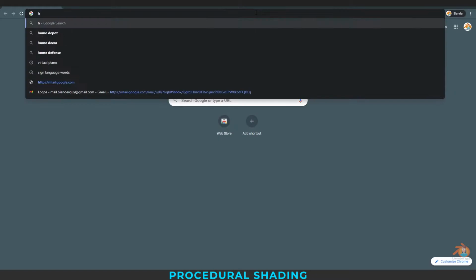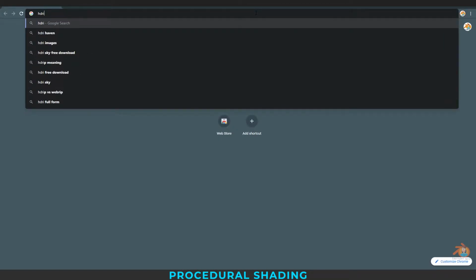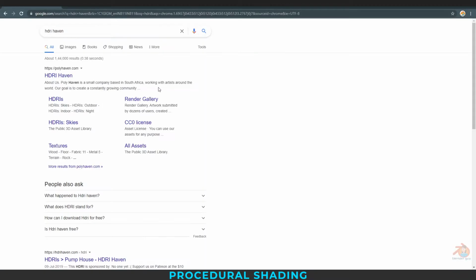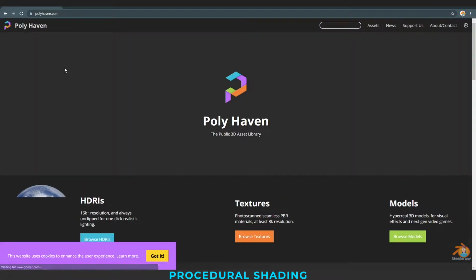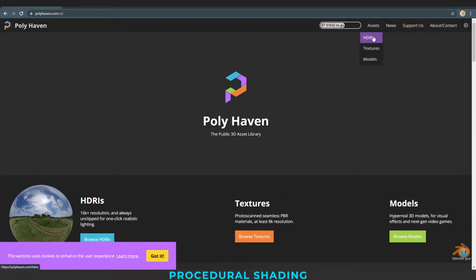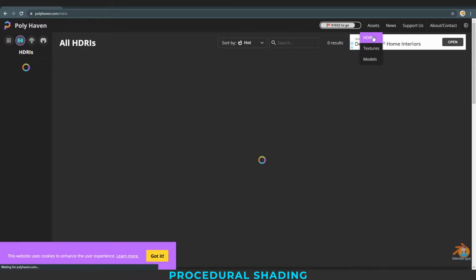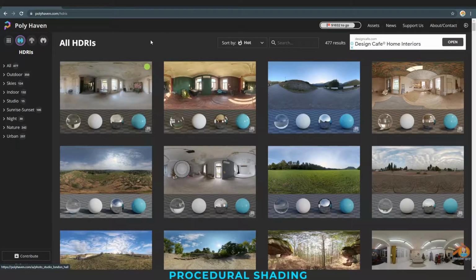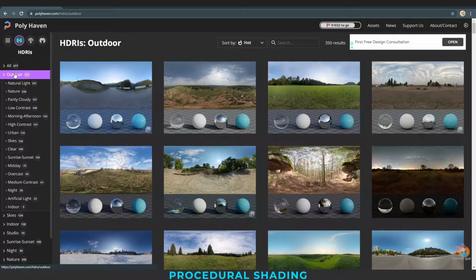go to HDRI Heaven. This is the best website where you can find free HDRIs here, and I want an outdoor one, preferably having a strong sun and a clear sky.